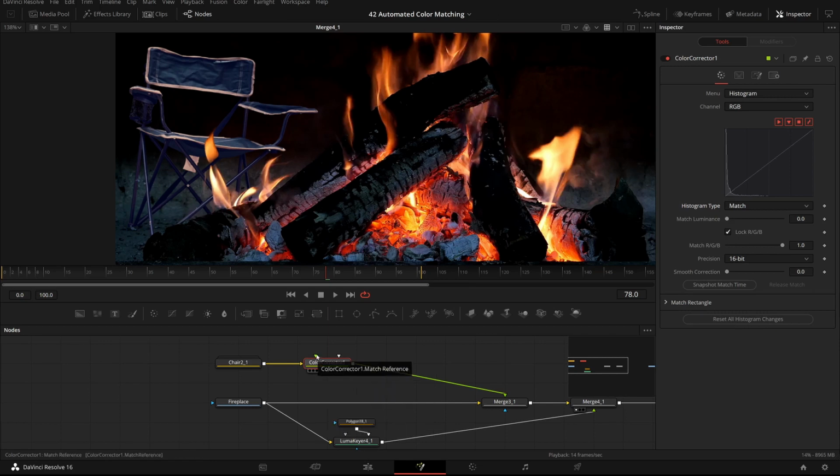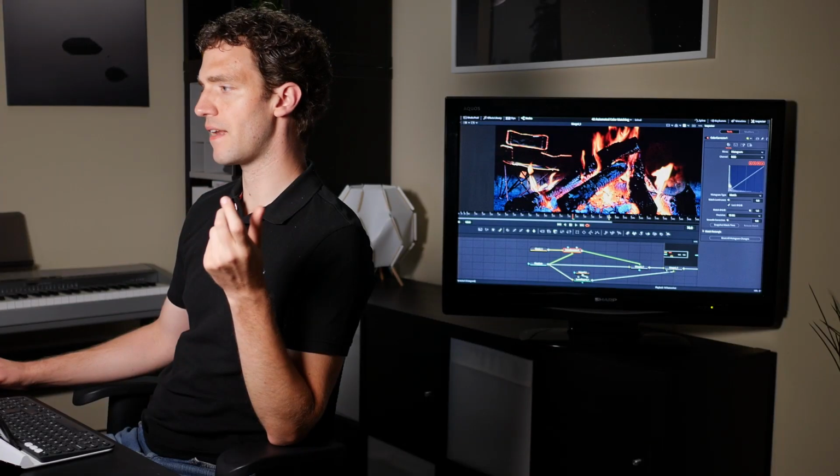Well, here is a foreground reference input, and this reference is only used for the matching. So I'm using my fireplace as reference, and now what happens is that I get two histograms overlapped, so I'm seeing the one from both the fireplace and the chair, and now the match function tries to bring these closer together. So let me quickly explain how these work.